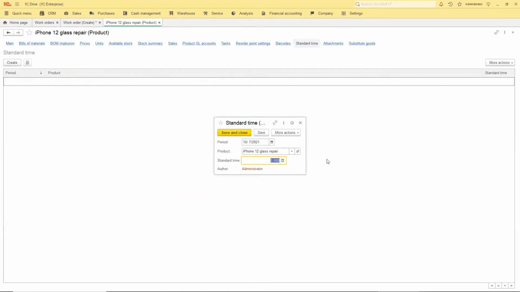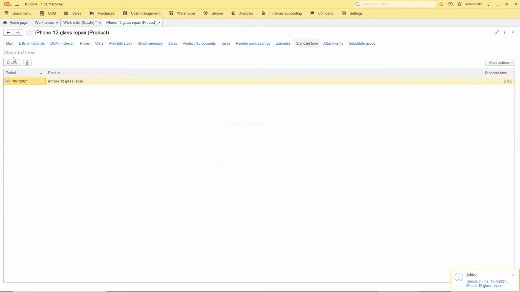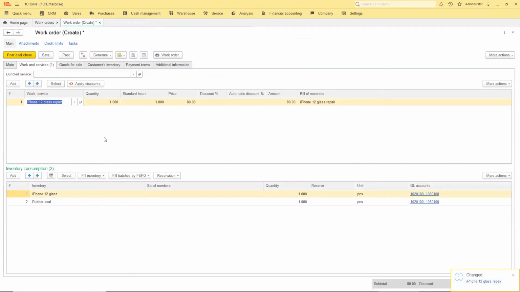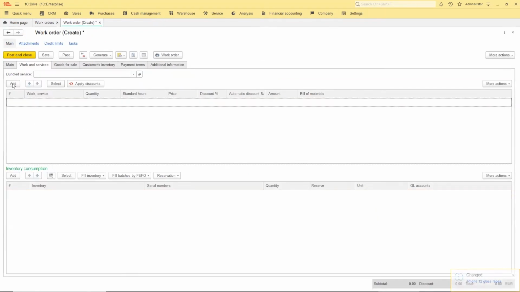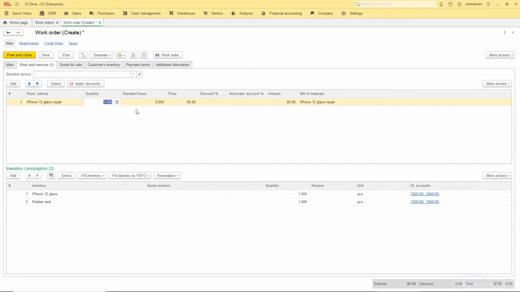For example, it takes 2 hours. So our employees will know that they have to spend 2 hours, but the quantity of repairing is 1 because we have accomplished just 1 work, and the price comes here automatically.